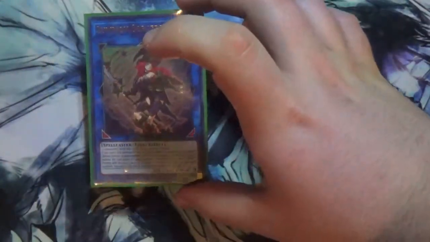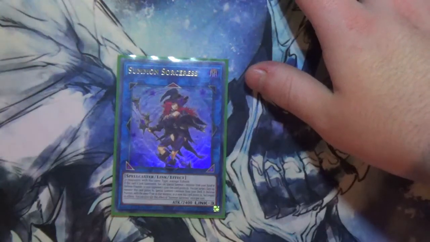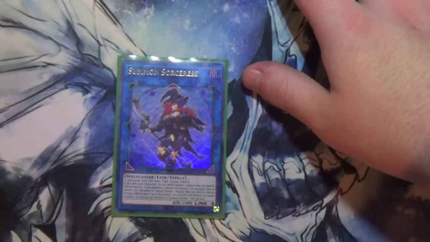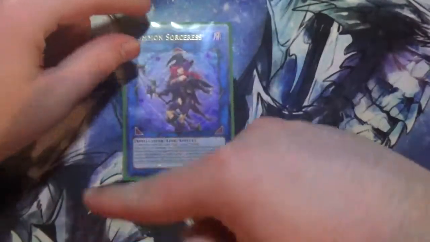I paid for it, so I have a Summon Sorceress. I paid for the Shonen Jump, and I have a Summon Sorceress. I thoroughly enjoy my Summon Sorceress because it can easily special summon a Borlo Dragon by summoning a...